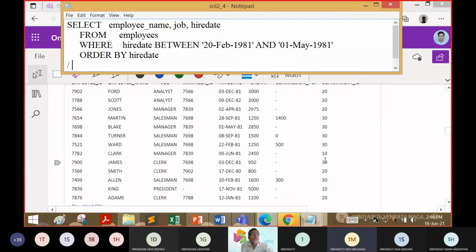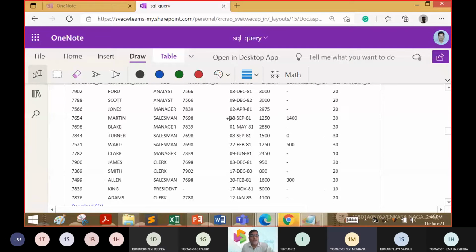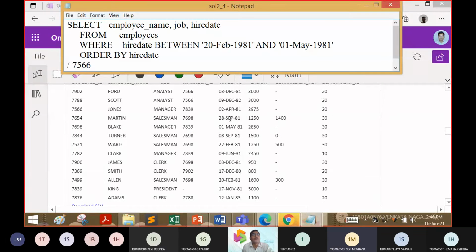7521. Oh, you went to the 6th record directly. So all are not fitting. The above records are all not fitting. Oh, 7566 also, sir. 7566 is fitting. The reason is it is in the range, April. Yes, sir. Okay. Next. Then another one which was fitting. 7521. Yeah, fine. Next one.